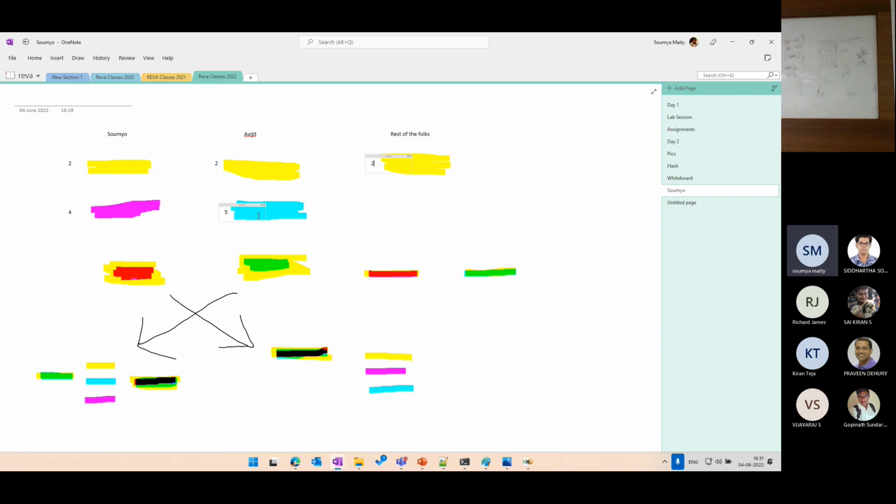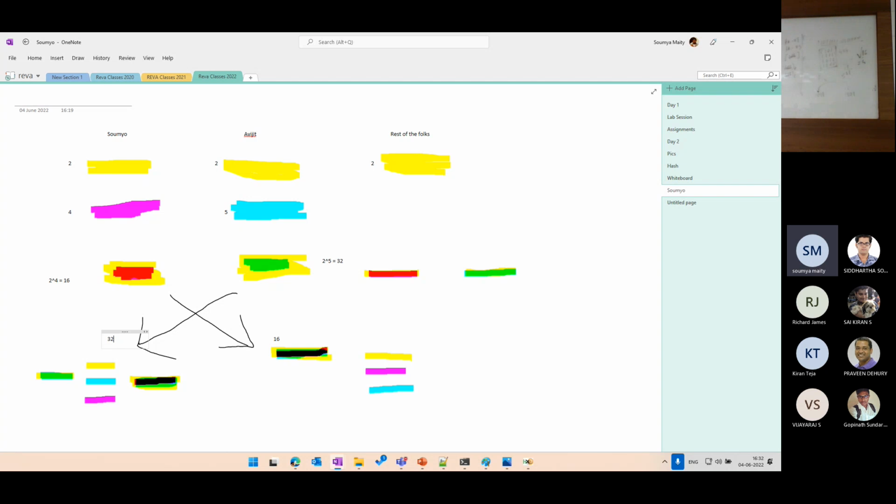I have a secret number. Abhijit has a secret number. What I will do: 2 power 4 equals 16. I will send this 16 to Abhijit, and Abhijit has a secret number. He will just make 2 power 5 equals 32. He will send me 32. So he has 16 now. I have 32 now. Now just imagine, this is also a trapdoor function, that finding a power is easy, but